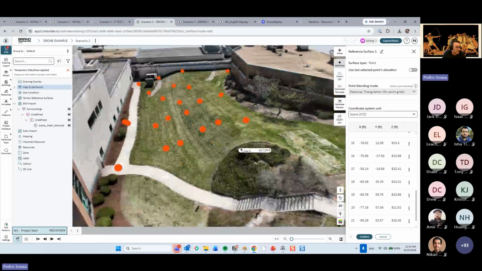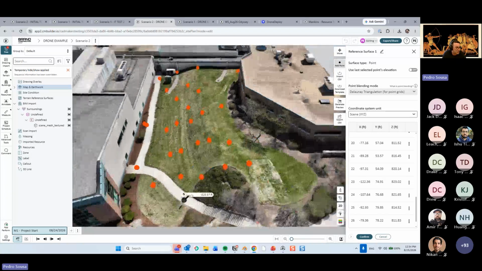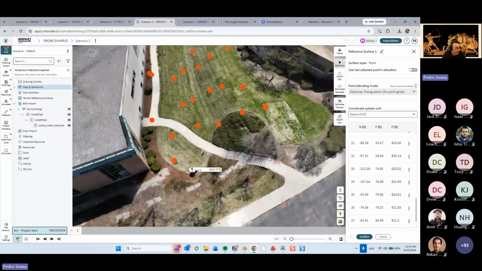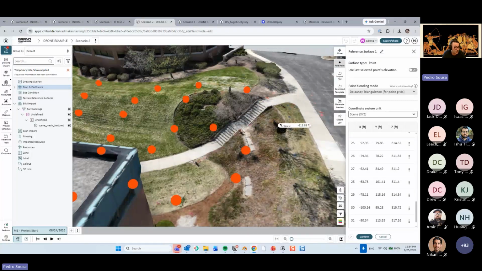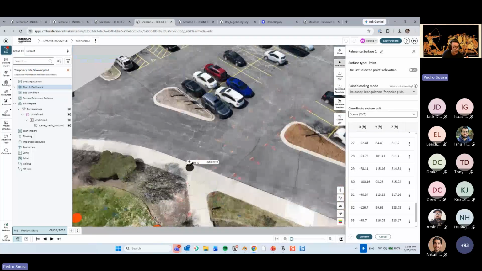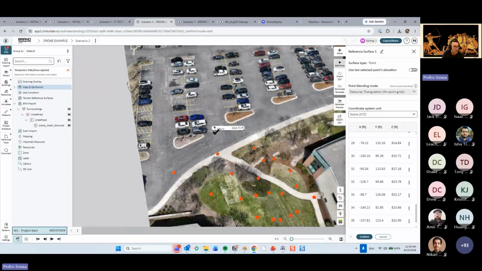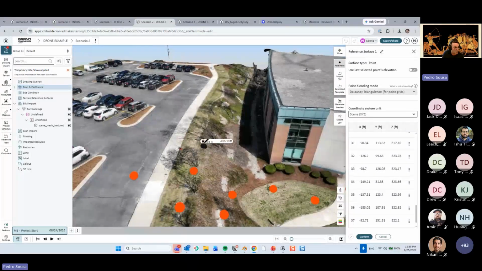So to create that. And again, we're working on better ways to do this process. For now, you have to manually place your points, but the idea is that very soon we will be able to do two things. One is to create a grid of points automatically. So you just select an area and say, add a grid of points over here that will be following the shape of the terrain. And two is to